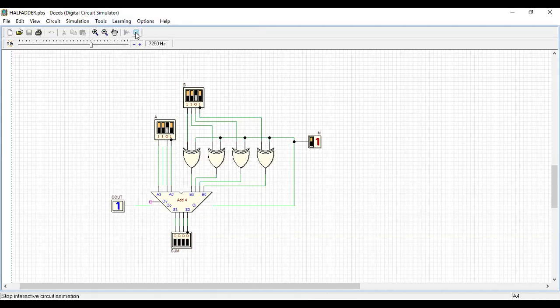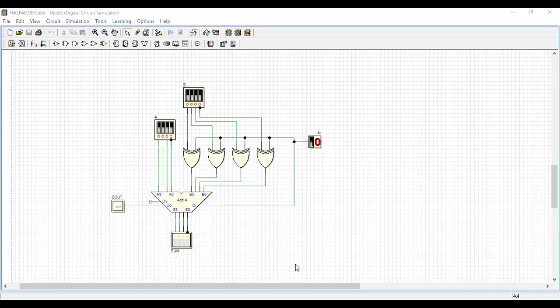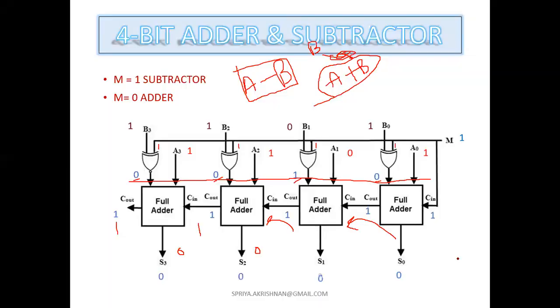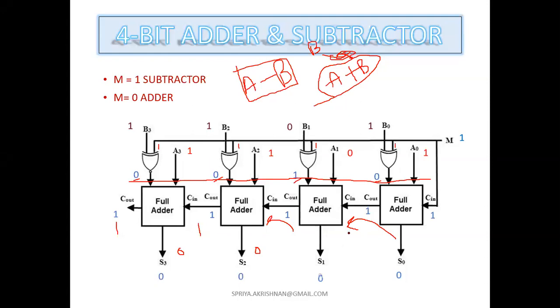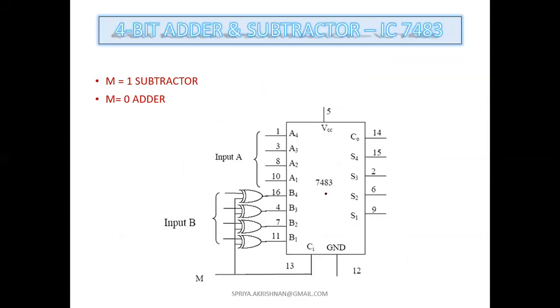I hope you can understand this. Yeah, it's a simple logic. Just draw it on paper and then give your own inputs and try. Surely you will get it. If not, tomorrow you come back. One more time I'll explain it to you. Yes, this is using full adder and this is using the 7483 IC. That's it.